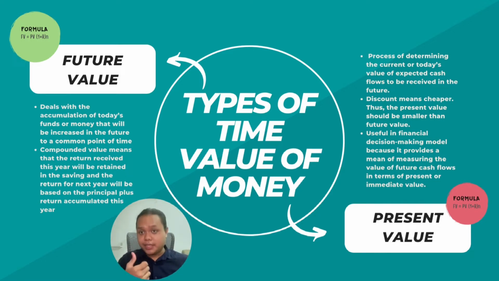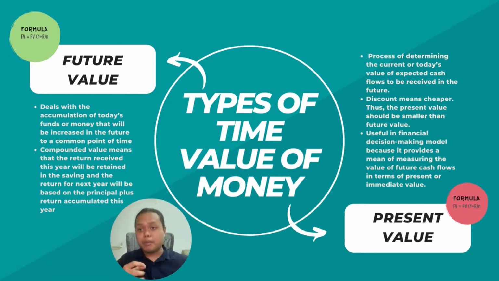Compounded value means that the return received this year will be retained in the saving, and the return for the next year will be based on the principal plus return accumulated this year. The formula is FV, future value, equal to PV, present value, in bracket 1 plus R, rate of return, times